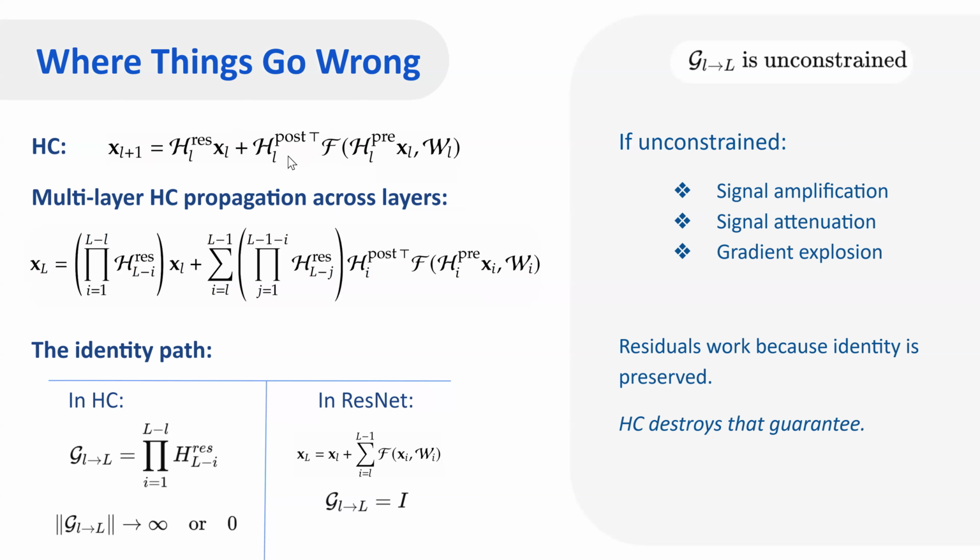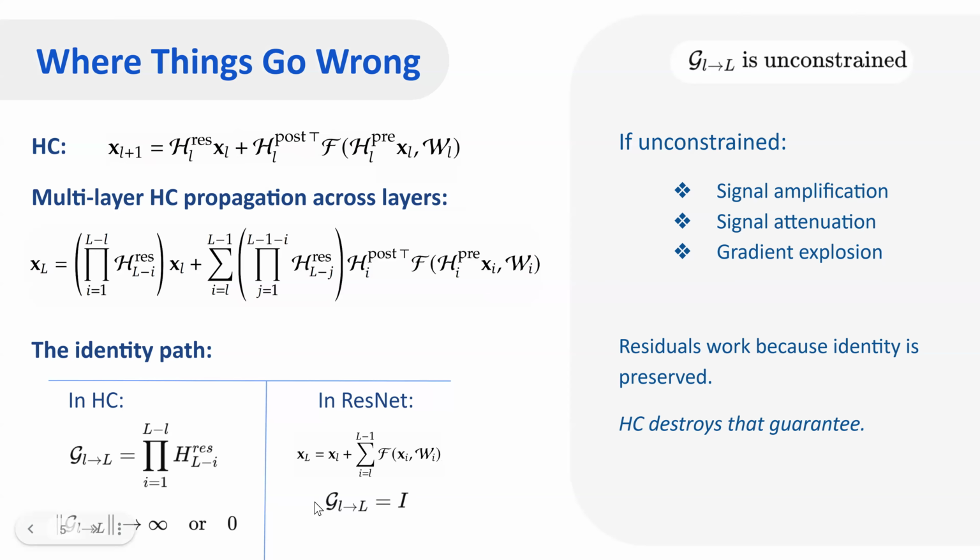So here you can see the formulation. If we stack a couple of these layers on top of each other, multi-layer, it would be the formula to get the results. As you can see, we are doing a product on all of these residual mappings. So it's better to focus on this part, because if we want to compare the identity path in ResNet and hyperconnections, we can see that, as I said, if this part becomes 0, it's identity.